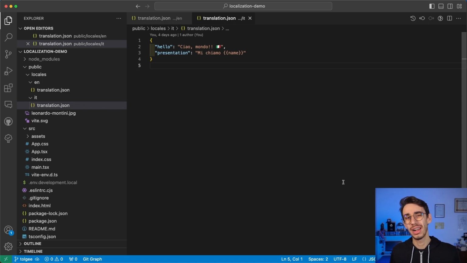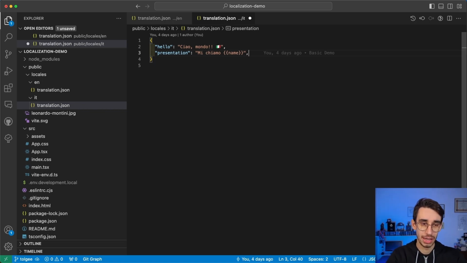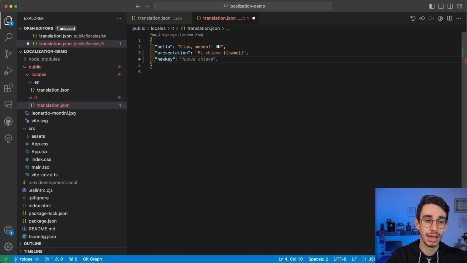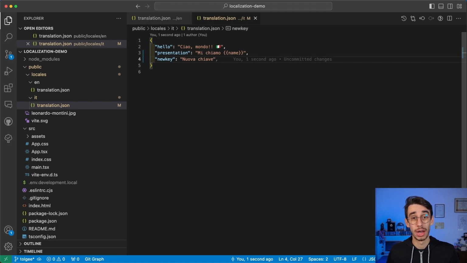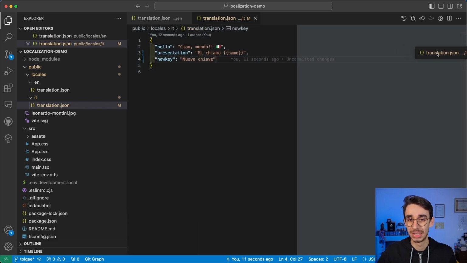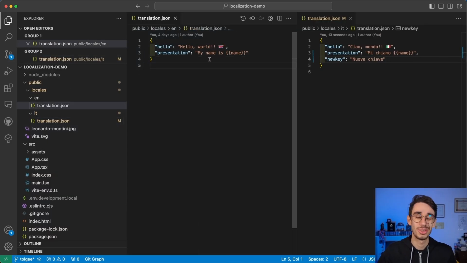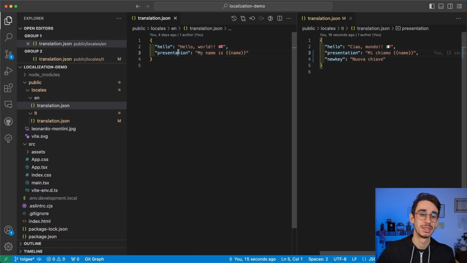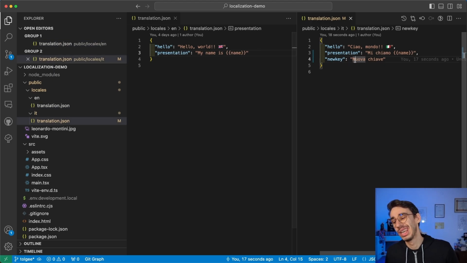Going back to the JSON file, one thing I noticed is that every time I'm here and I'm adding a new key, I never know if the key is actually added in all other languages. One thing I like to do is usually grab the English translation, which I try to keep as the source of truth, put those side by side, and here I can try to see if the line numbers match, but it's not